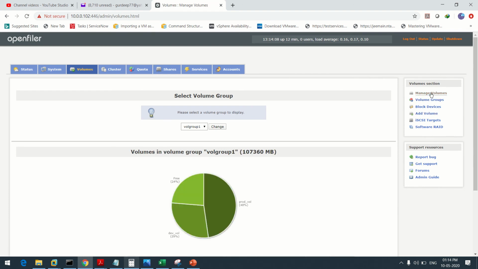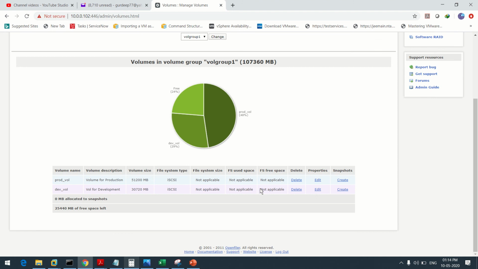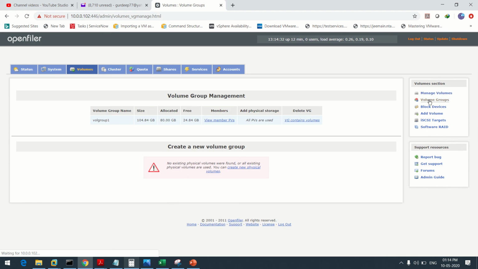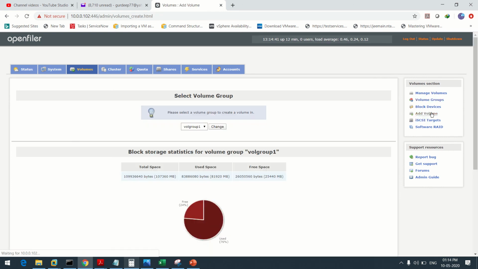Manage volumes. Volume groups. Add volumes.